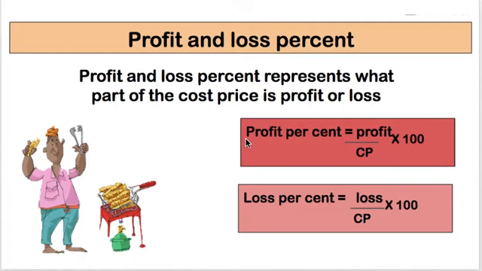Students, we have discussed how to calculate profit and how to calculate loss. What do we understand by selling price, cost price? Now we'll try to understand what is generally presented in numerical figures when there is a shopkeeper, a retailer, a wholesaler, a manufacturer, or any organization or company. How do they talk about whether they are earning profit or losses?